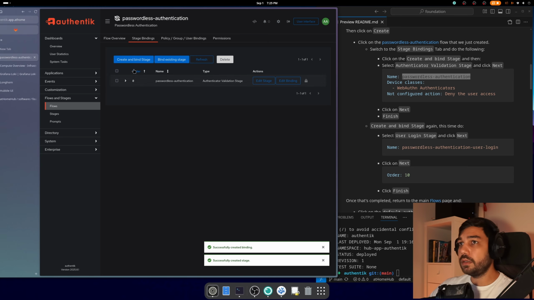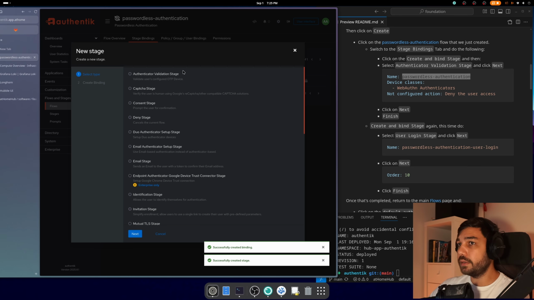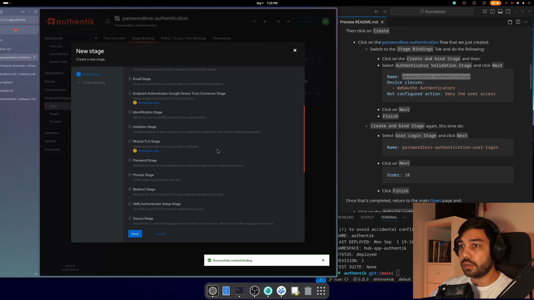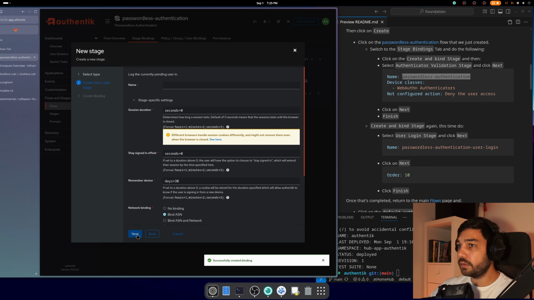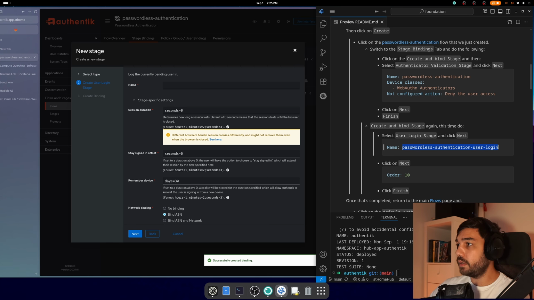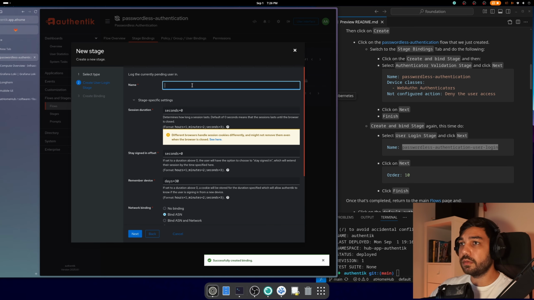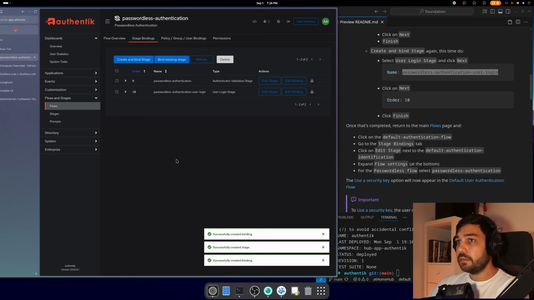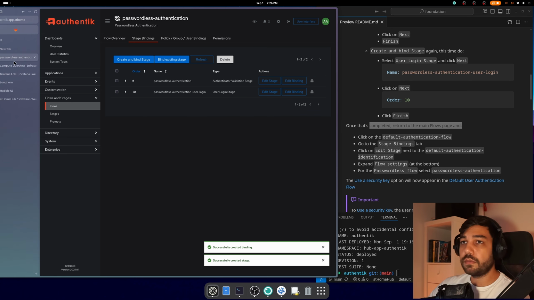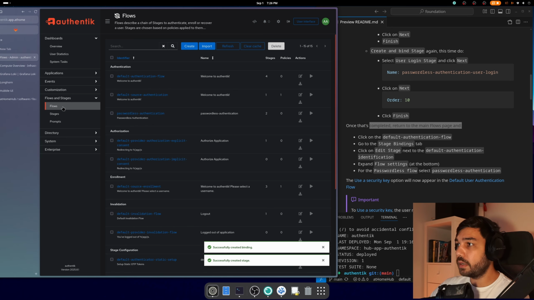And then I need to do another create and bind stage, this time for user login. User login stage here. I'm going to give it the name passwordless authentication user login. Next, and then order of 10. Okay, so now that we've created this, we need to go to the main flows page and click on the